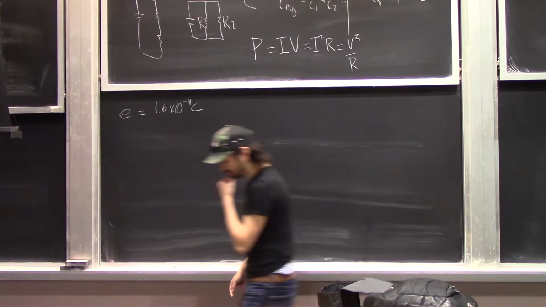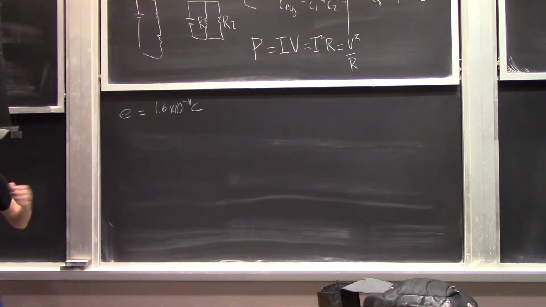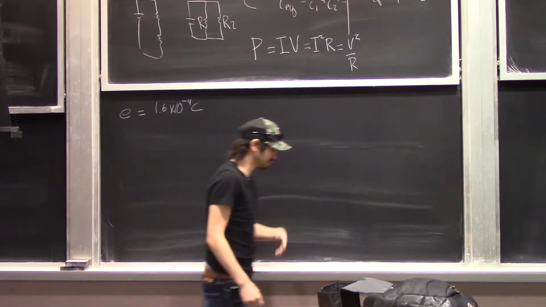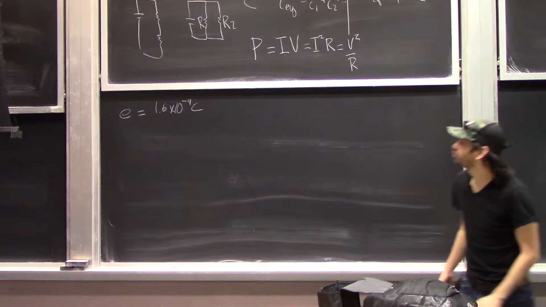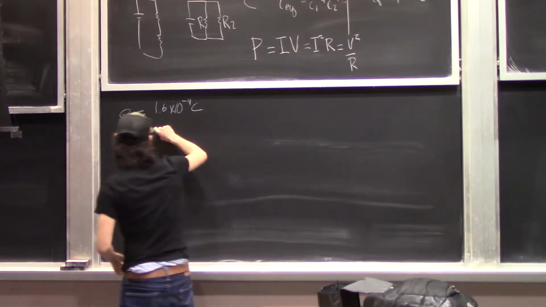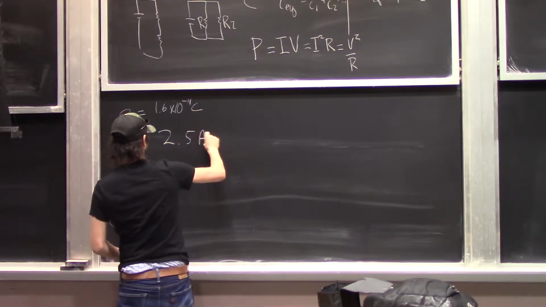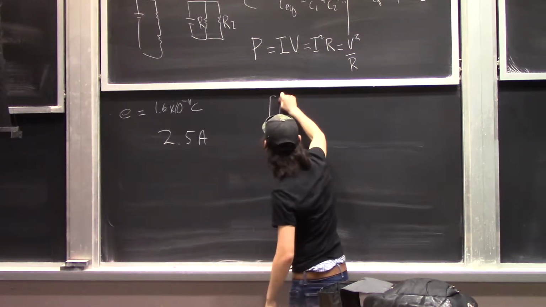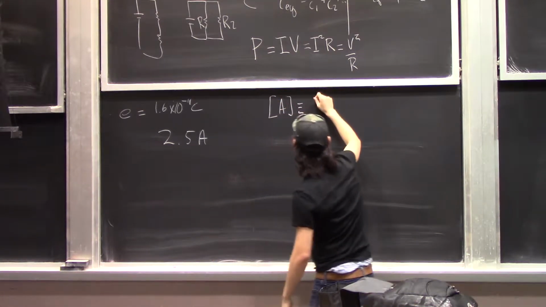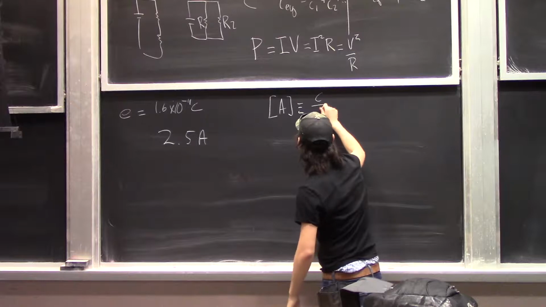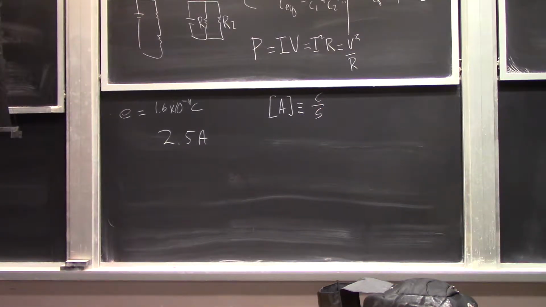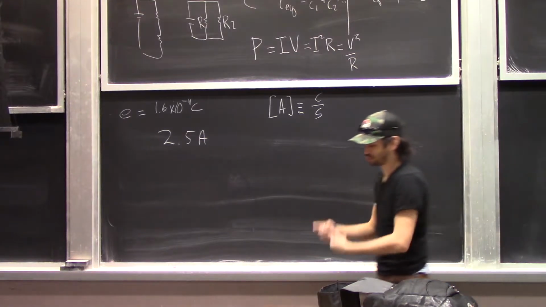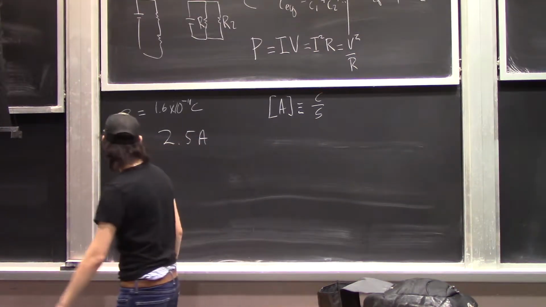All right, so let's go ahead and talk about this one. What we're given here is that this laptop charger has a current of 2.5 amperes. Let's write that down, 2.5 amperes. And the unit of amperes is going to be a coulomb per second. Now, what we'd like to do is to figure out how many electrons flow through this laptop charger in an